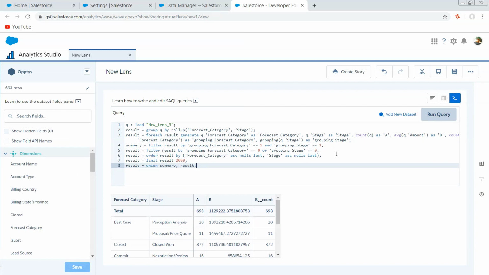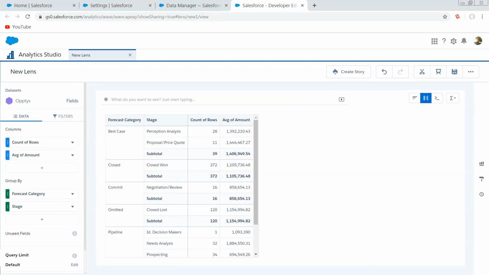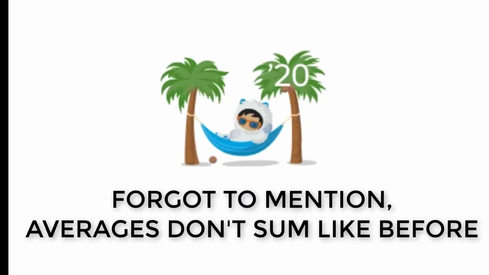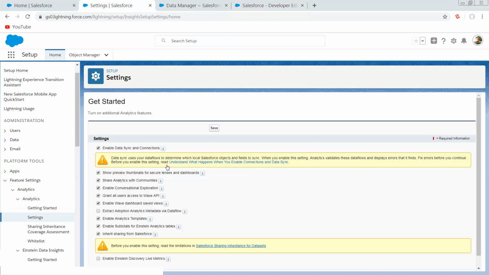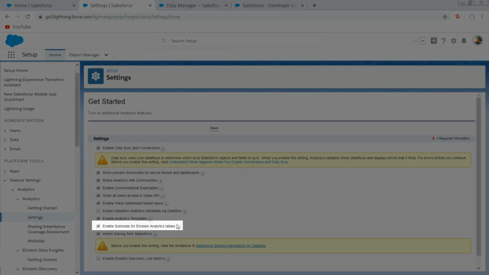I don't entirely understand how it works. It is on my to-do list to figure it out, and when I do know, I will let you know. But all I really need to know for now is I click a button and it works. And isn't that the way that we want things to be? That's the way I want them to be. Now, in order to actually access this feature, you are going to have to enable subtotals for Einstein Analytics tables